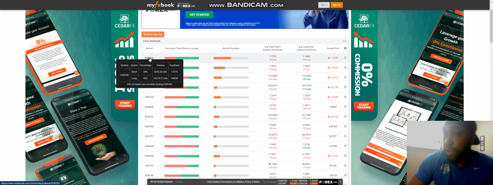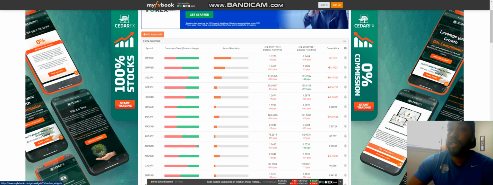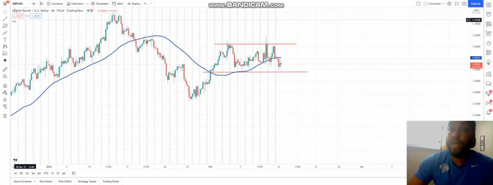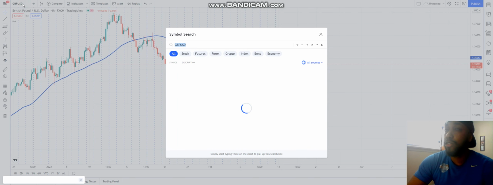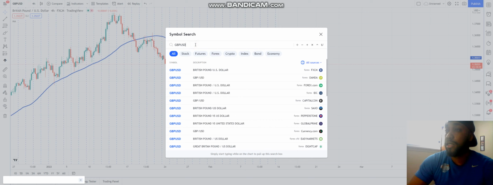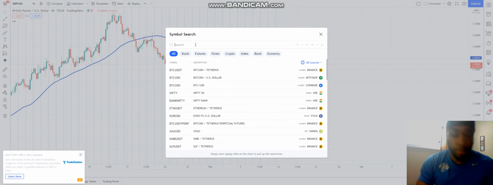I would look for one that's extreme. Like, okay, so we see Euro USD 34/66. I want to be on the short side. I don't want to be on the side where most traders are trading. So most traders are long Euro USD. I want to go short. I want to take the opposite side of this trade, right? So that's basically the idea of trading sentiment analysis, is to be on the opposite side of what